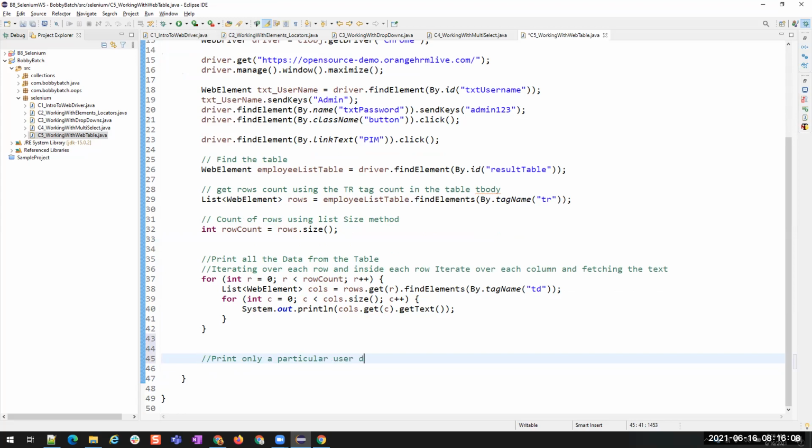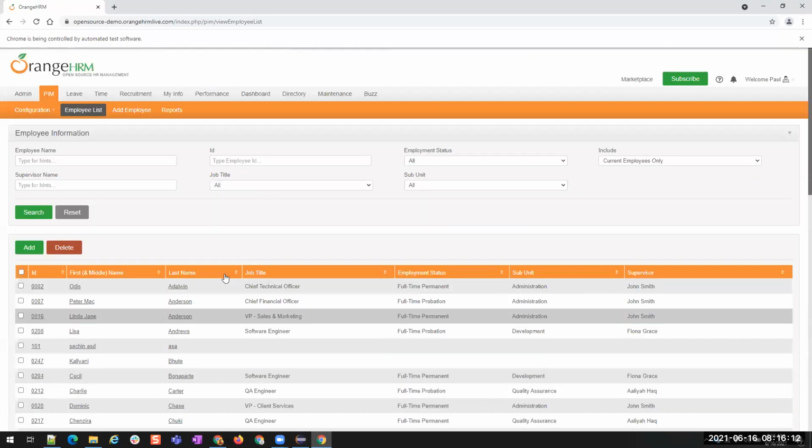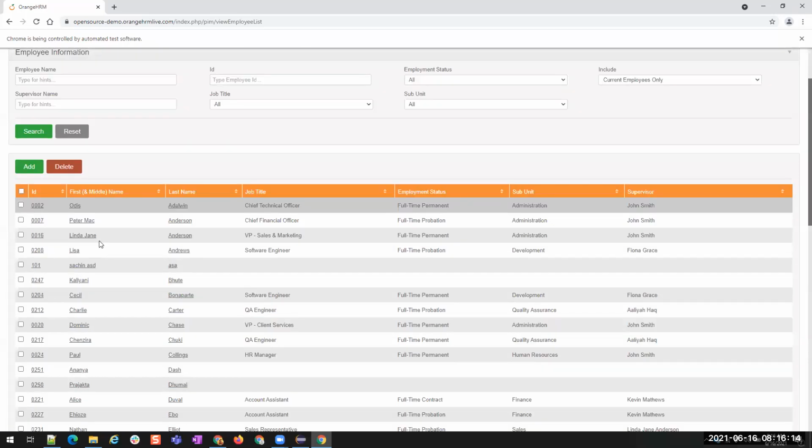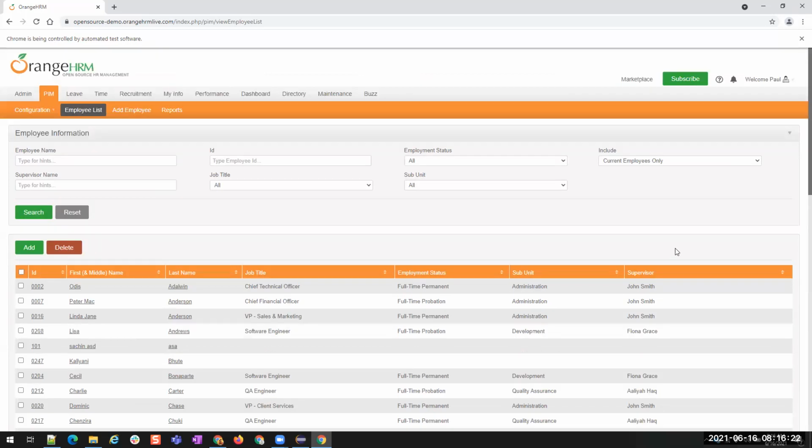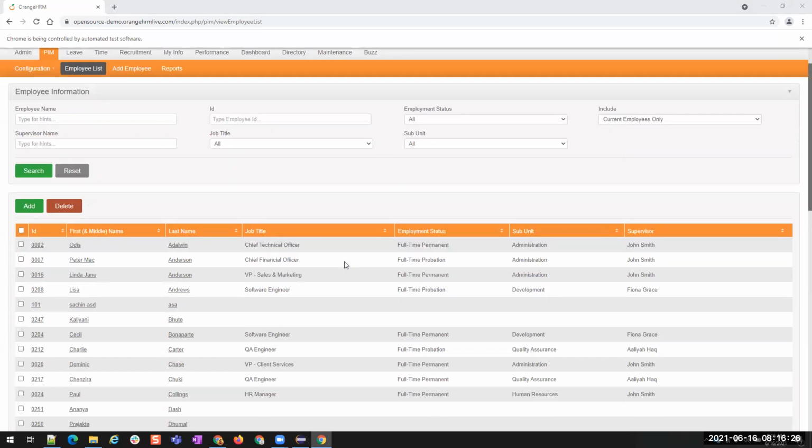Let's print only a particular user's data. Suppose I give you a user ID, for example, I want the data of the user whose ID is 227. On this table, we have to search for 227. How do we search? We have to go to each row and check in this column.